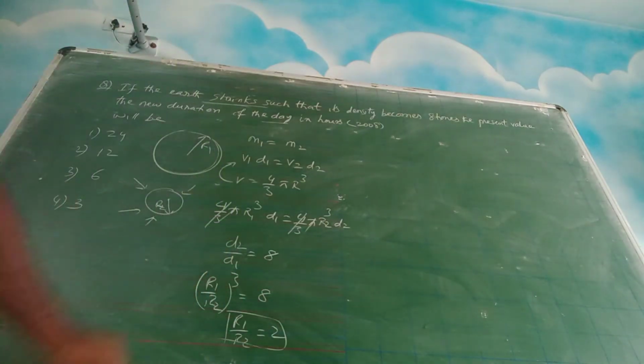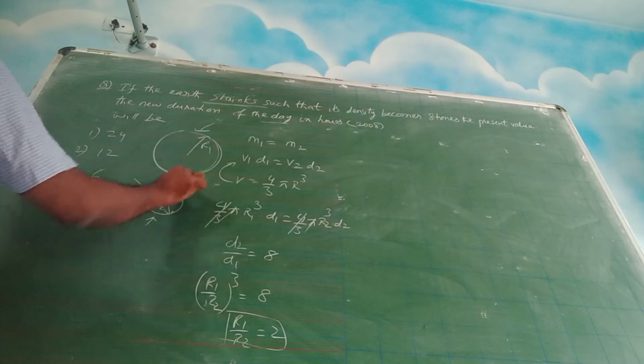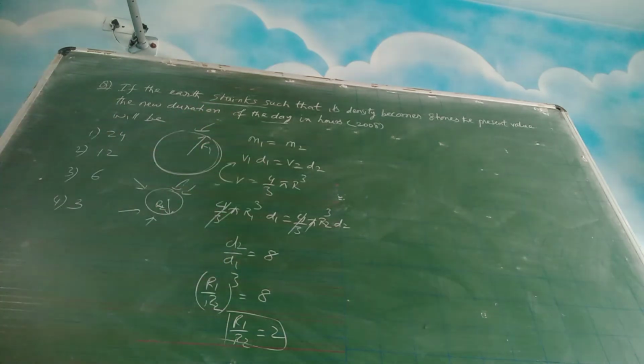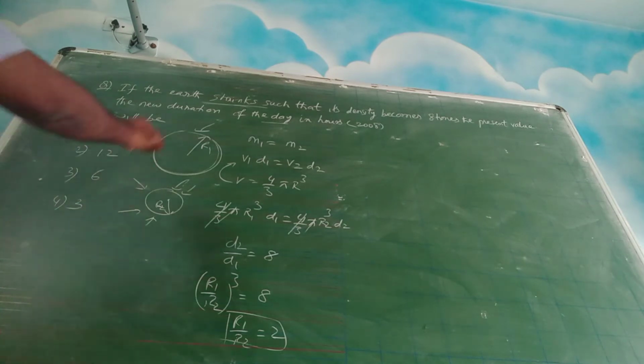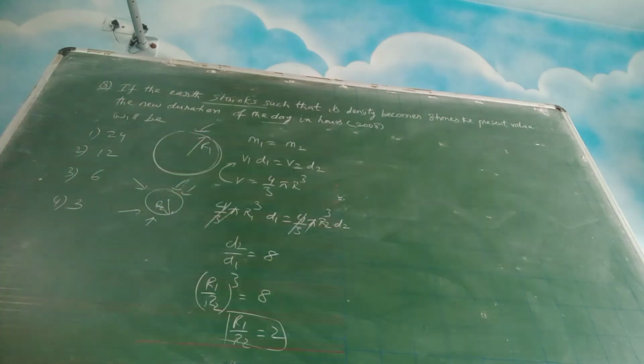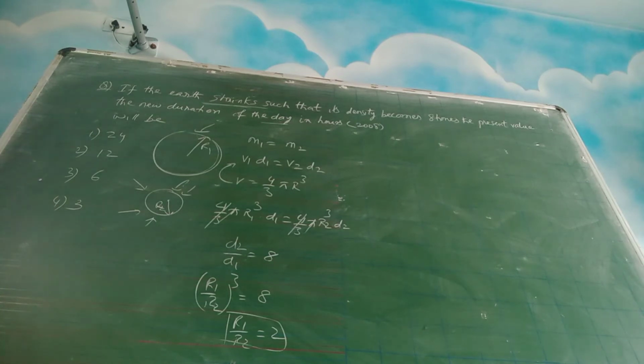Now, even in the initial stage or in the final stage, there is no external torque acting on it. See, Earth is rotating. So if you take a mass on it, you can say that the angular momentum is conserved in both the cases. The Earth is rotating by itself, so we can take this angular momentum as constant here.